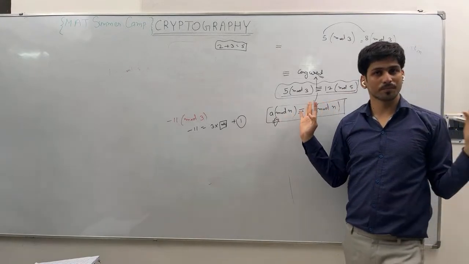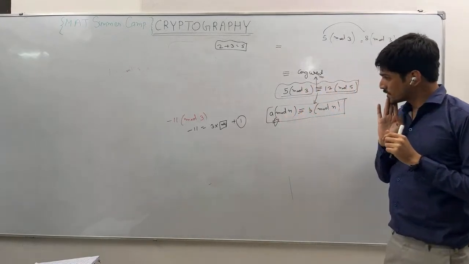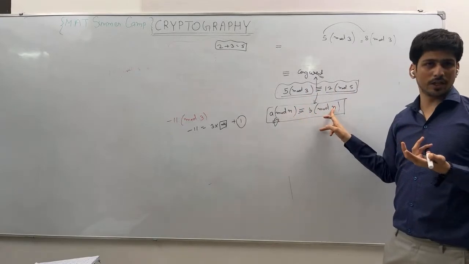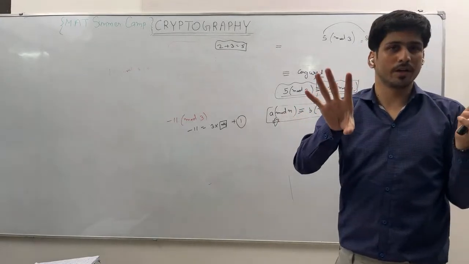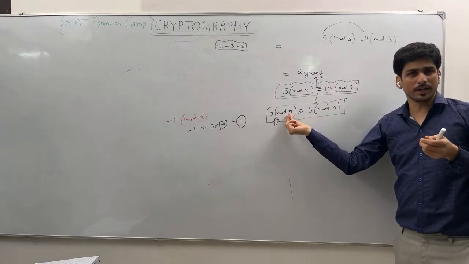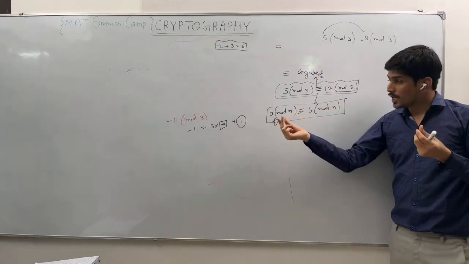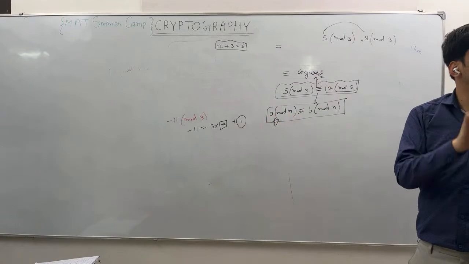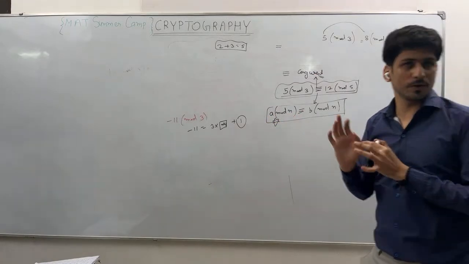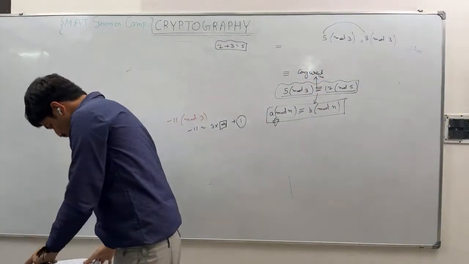Is it clear? Yes, this n has to be the same. Only then, corresponding to the same number, if both numbers leave the same remainder, are both numbers called congruent. First one is clear. Okay, next you see,